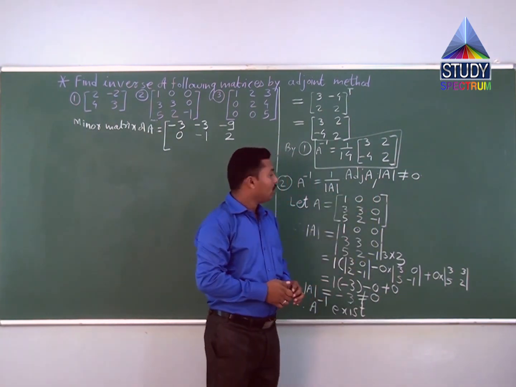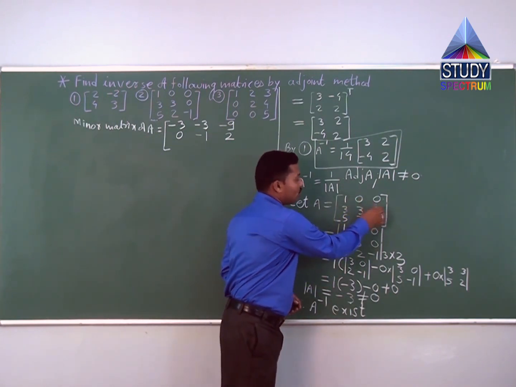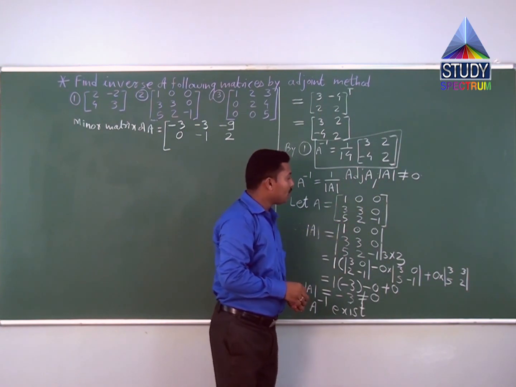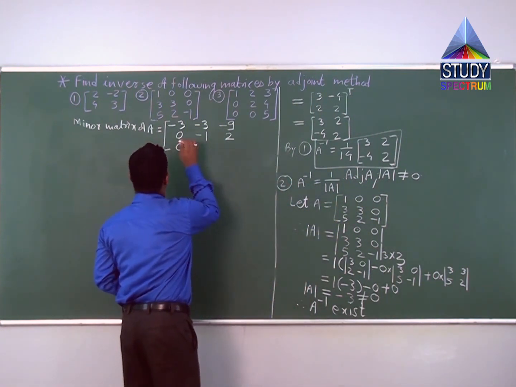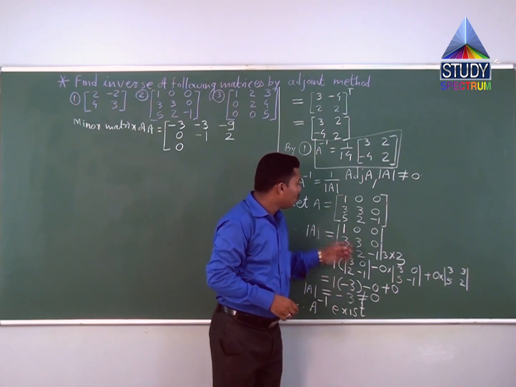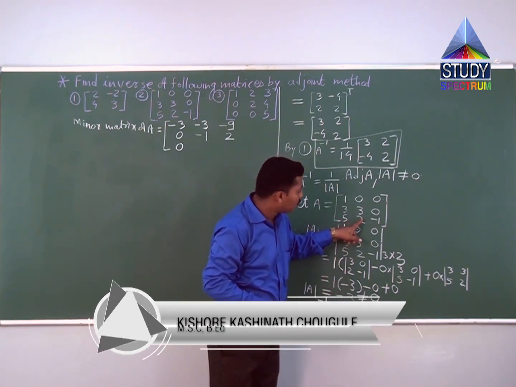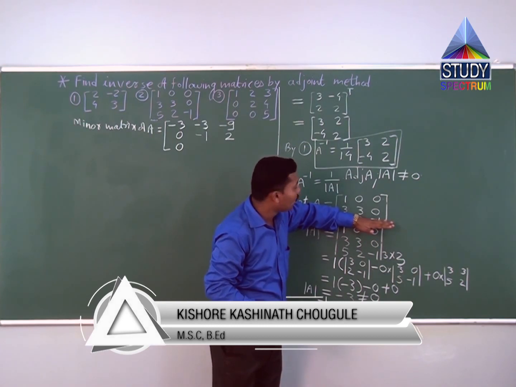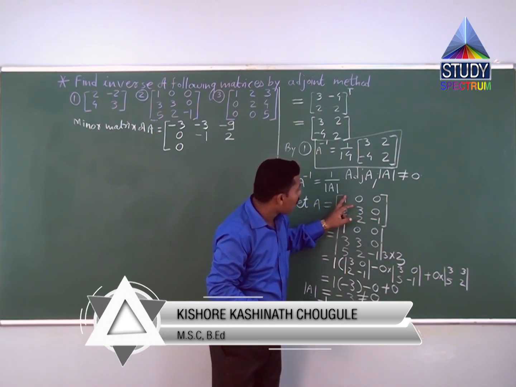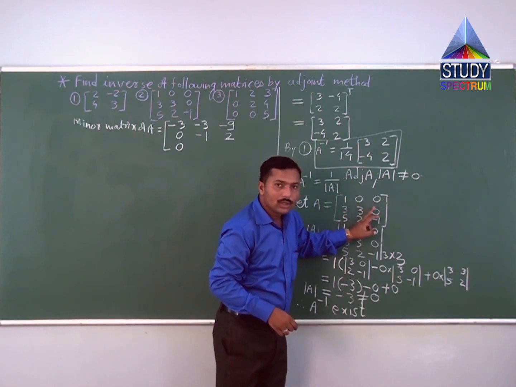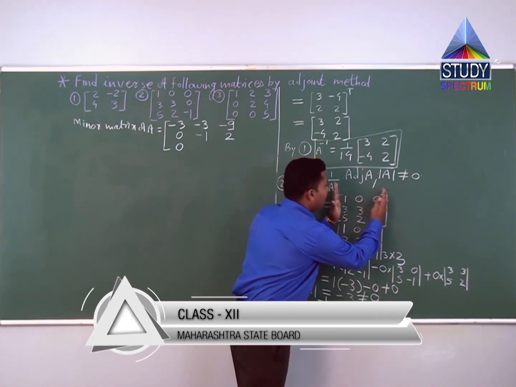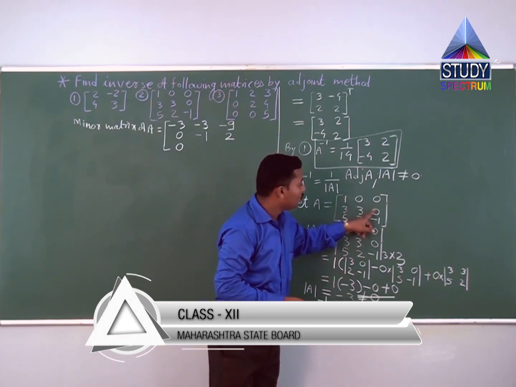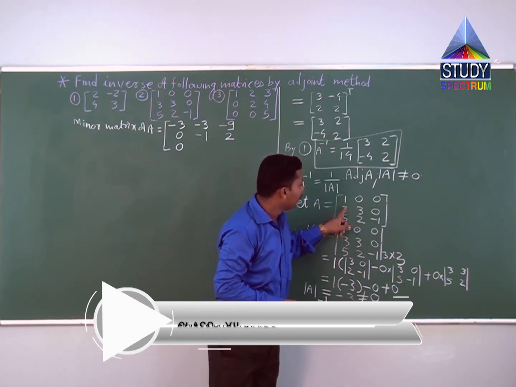So by R2, because 2 is a member of the second row, R2 minus... here 1 multiplied by 2 will give 2, and 2 minus 2 will be 0. So what do we do? 2 times this number, which is a member of R1, so R1. So by R2 minus 2 R1 what do we get? A equal to